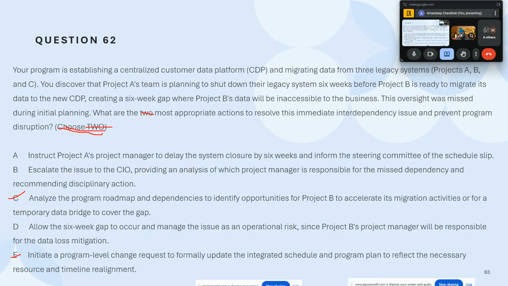I think it would be C, right? C for Charlie or E for elephant? If it is the next appropriate step, then it would be analyze the program roadmap first, do the evaluation, and then see what can be done to mitigate that issue and solve the issue. Absolutely. See, the most important thing over here: